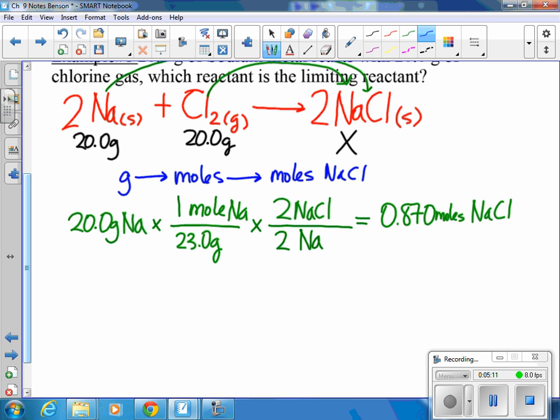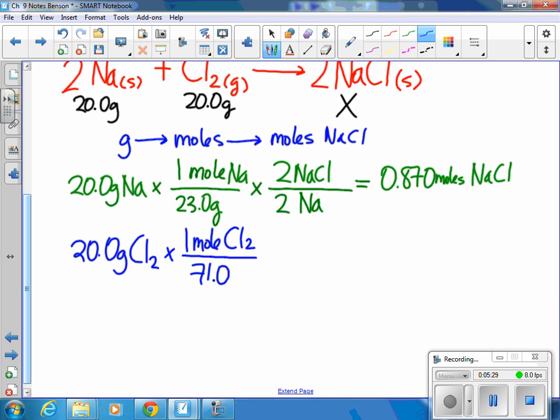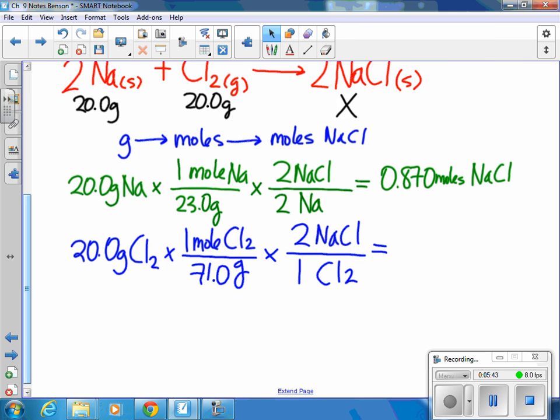We're going to do the same exact thing. I just have to bring that 20 grams of chlorine gas all the way to the same moles of NaCl. So I know that when I have 1 mole of chlorine gas, it's 2 times 35.5, and so that molar mass is 71.0 grams. And now I'm going to do unknown over known. So I have 2 moles again of NaCl to 1 mole of Cl2. And take a look at your units again. Grams of chlorine cancels out with grams of chlorine, moles of chlorine with moles of chlorine. And my calculation is going to give me